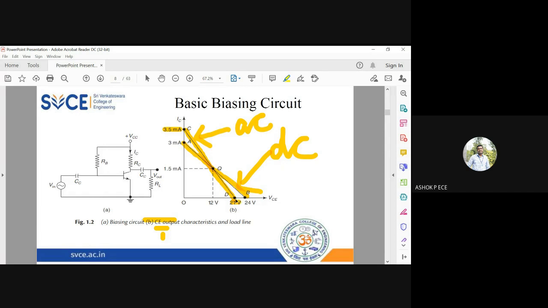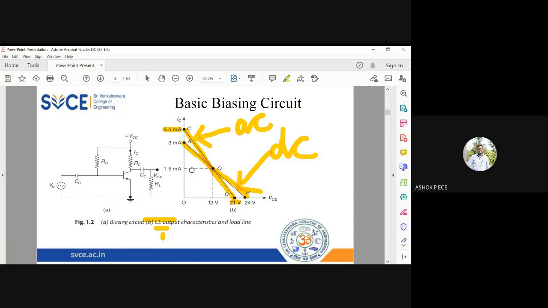And this will not be in the midpoint. When you consider the AC load line, the Q point will not be in the midpoint. The midpoint will work only for DC load line. And your AC load line is very steeper compared to your DC load line, right? So the midpoint logic will not work, because 21 by 2 midpoint will be 10.5 and 3.5 by 2 will be 1.75. So it will not be exactly working out for AC load line,